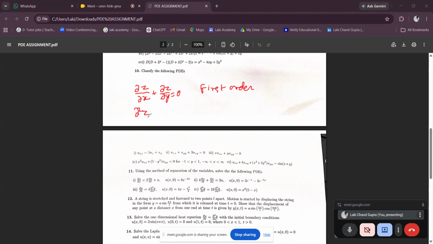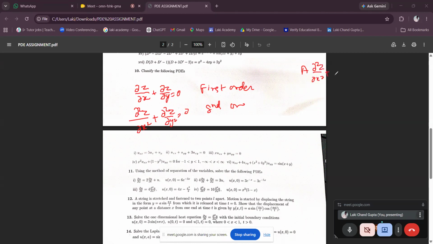This is second order derivative PDE, right? Second order PDE. Okay, if any PDE is in this form,